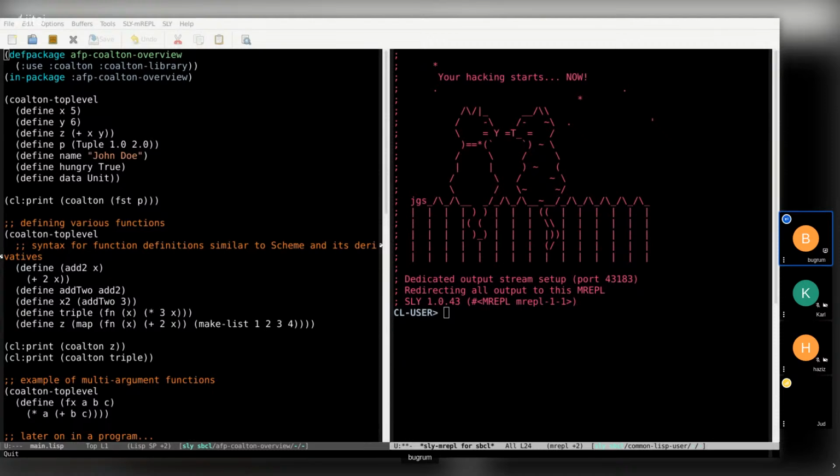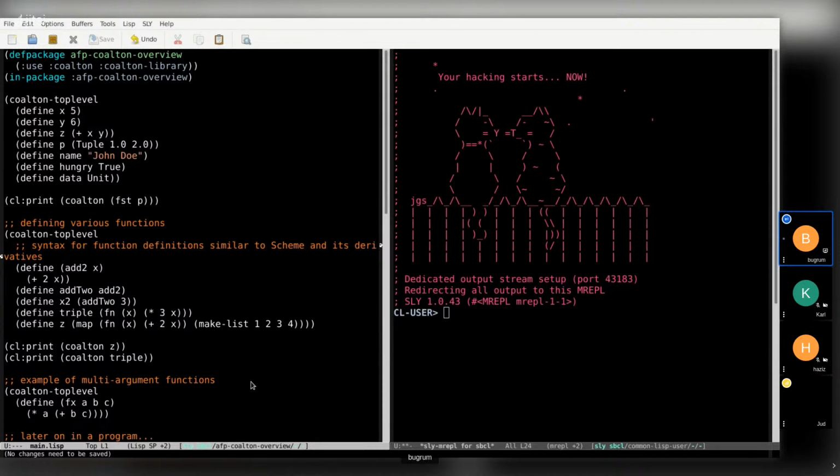Before we get started on our discussion on data types, a couple of interesting things that I wanted to point out, thanks to some help that I had from one of my co-organizers. We were exploring some stuff inside Coalton last week, and I thought I would share with you a couple of interesting things. So I mentioned to all of you before that